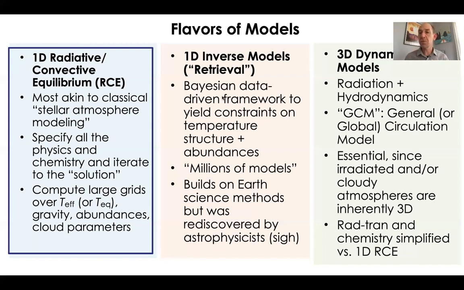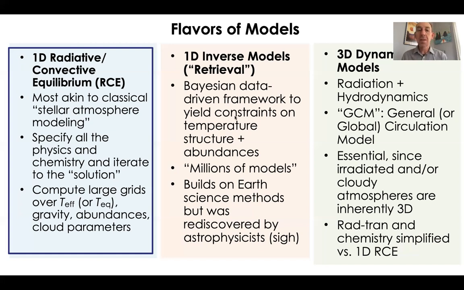In a retrieval framework, what you're doing there is doing an inverse model. And so a retrieval model does not really specify the physics and chemistry. It's a data-driven model where you try to run millions of calculations extremely quickly, or at least hundreds of thousands, and you let the data tell you what the atmospheric abundances and temperature structure need to be to fit the